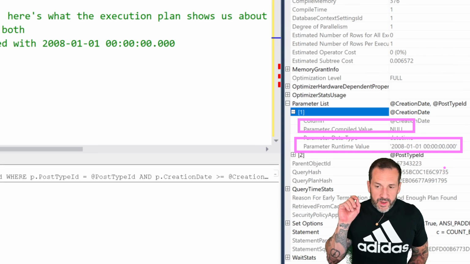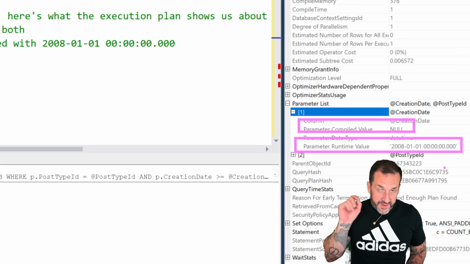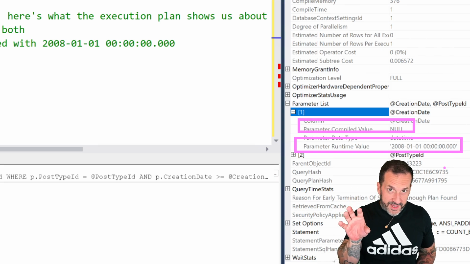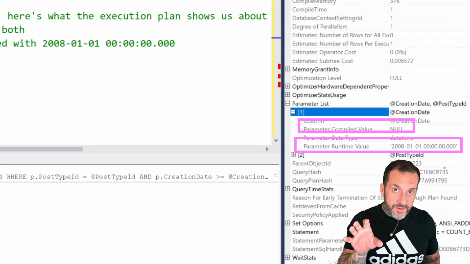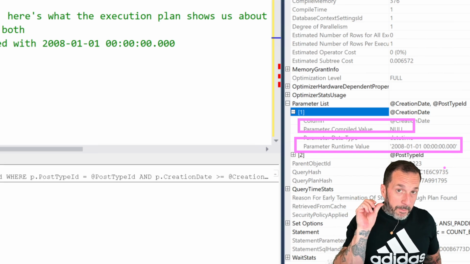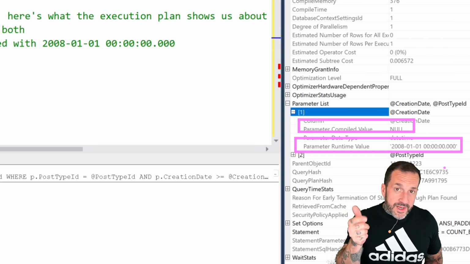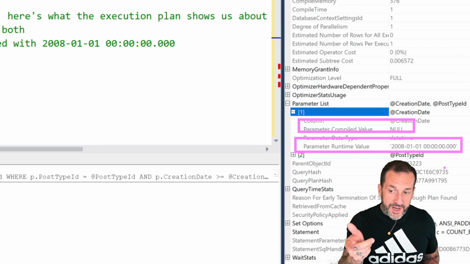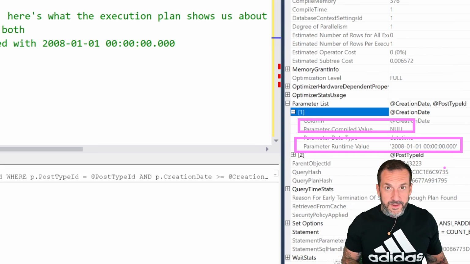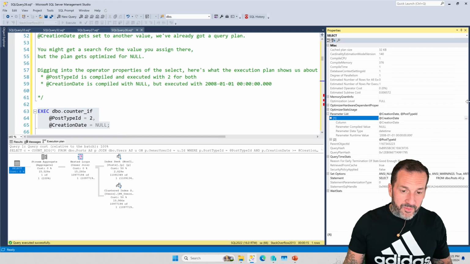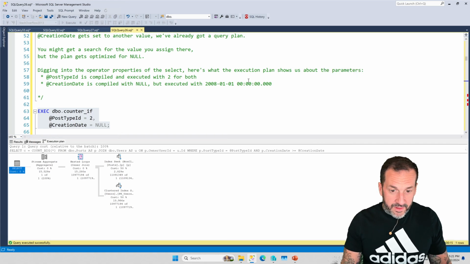So despite the fact that we had an if branch that intervened and changed our parameter value to something else, the stored procedure still compiled and still did cardinality estimation for creation date being null. Right? We did our best, but we were just like, hey, creation date, you are null, sucker. Right? And so we got a really bad cardinality estimate based on that.